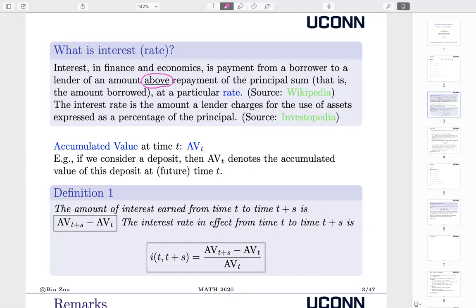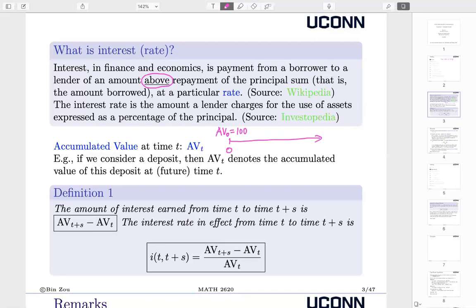So here we have a quick notation. We use AV to denote the accumulated value at certain time t. Here, a quick interpretation is you can simply think of AV as the account value at some future time. It's always suggested to draw a timeline. So let's say at 0, I borrow some money. So here's AV0, assuming I borrow $100. So the accumulated value at 0, technically speaking, it hasn't accumulated yet because it's sitting at time 0,